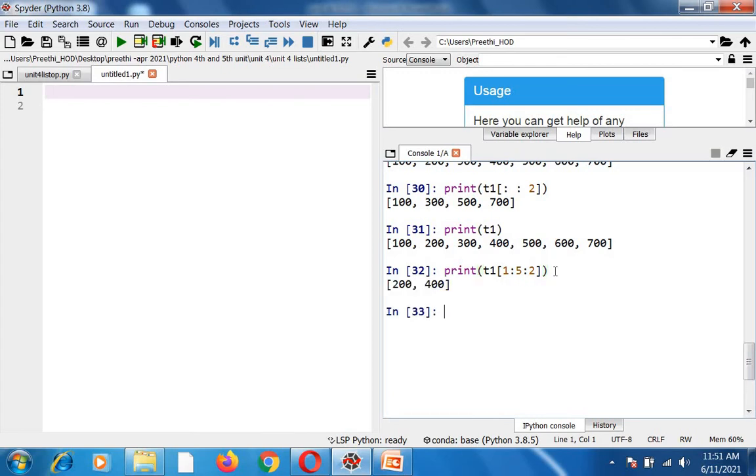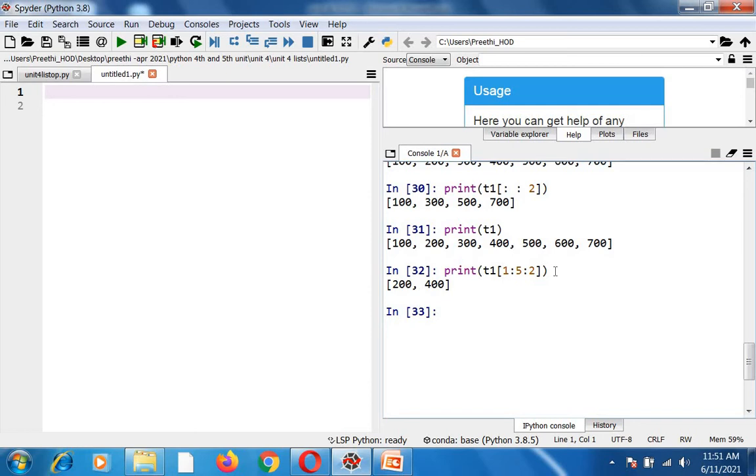Is it okay, students? That's all about list slices. So I have explained to you what is a list, how to create a list with a simple function, how to remove an element from the list, how to modify the list elements, and the list slicing operations also. And we will see some of the list operations next.